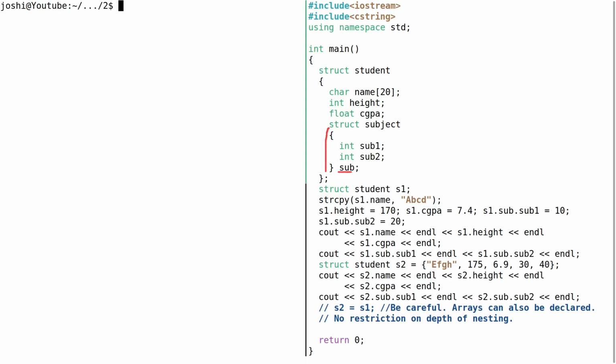We have to create a variable of this type. There are 4 variables, but in all it has 5 variables: 3 and 2, these 2 being the variables of the inner structure, and there is no restriction on how many structures you can have one inside the other. Now here I have created one variable s1 of a user defined data type called struct student,